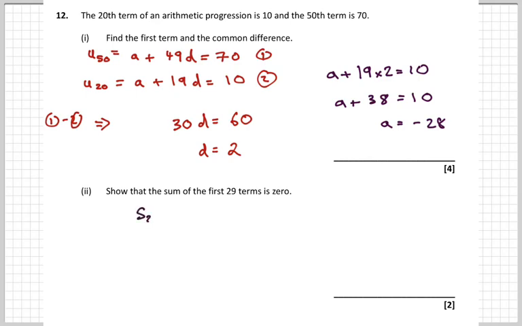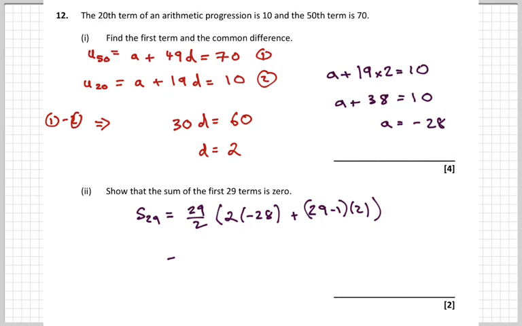To show that the sum is 0, we need to have S of 29 to be 0 as our final line, because it's a show that question. S of 29 is 29 over 2 times 2 lots of the first term, minus 28, plus 29 minus 1 lots of the difference. Now, if you substituted your numbers in, I gave you a mark,